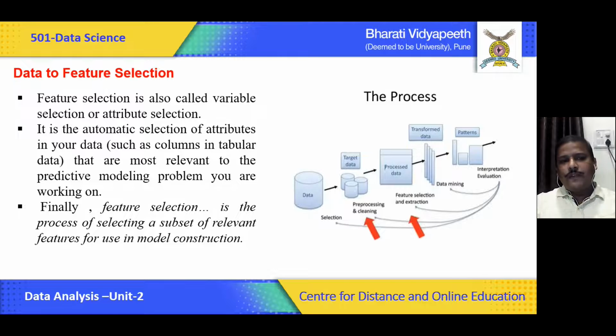Now what is a variable, and what is the meaning of attribute selection? Feature selection is also called variable selection. Now what does it mean? Whenever you have different kinds of data, that data cannot be directly used for different purposes in our data analytical processes. So we have to arrange it in a proper way,